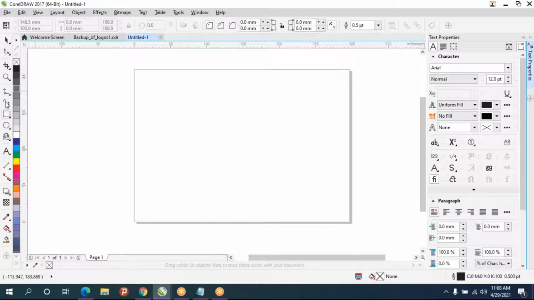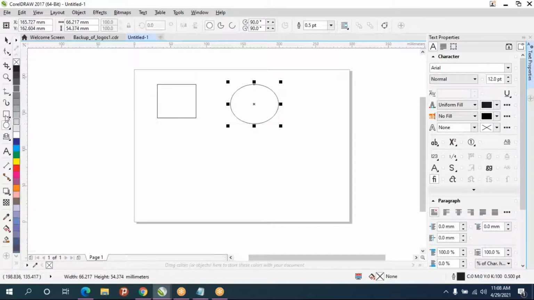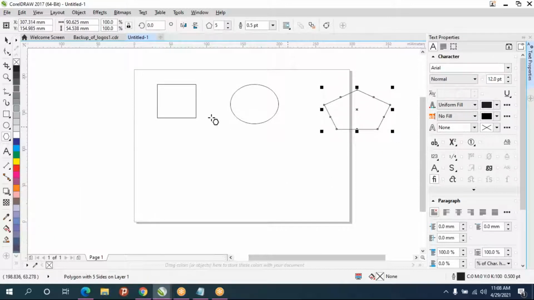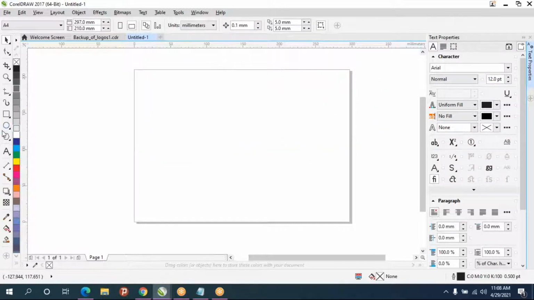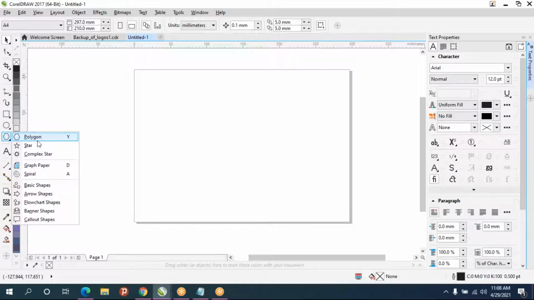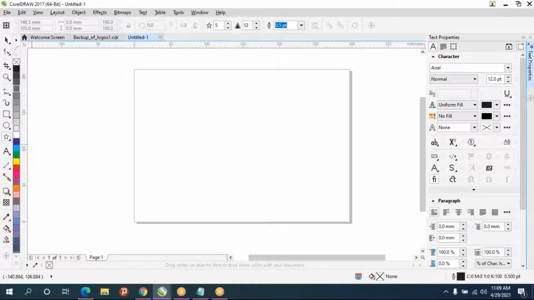So we've already seen how to use the rectangle tool, ellipse tool, and polygon tool. So these are the tools we have seen already. Today we'll see more about what is inside the polygon tool. If you long press on the polygon tool, you will get lots of tools. Okay. So for example, star. If you click on star